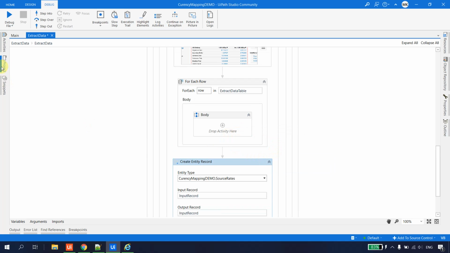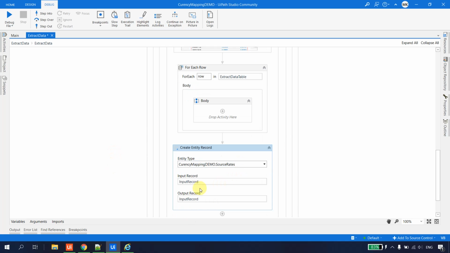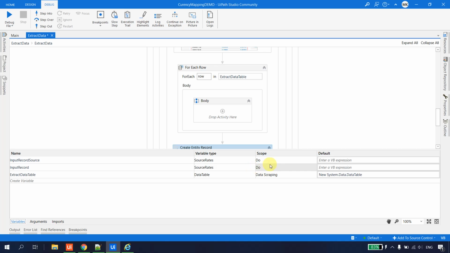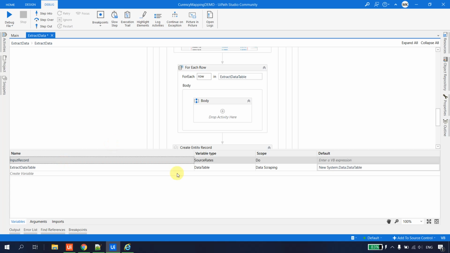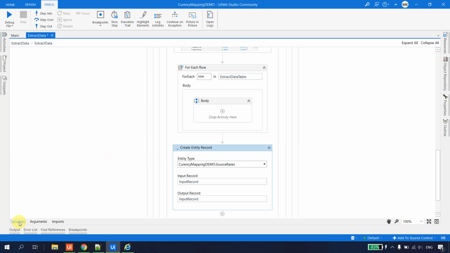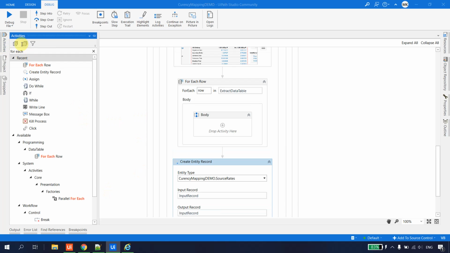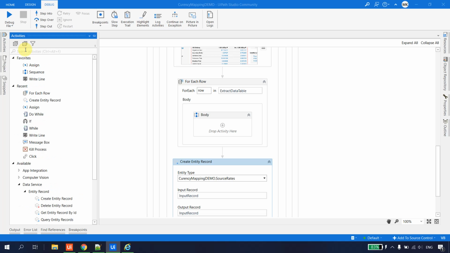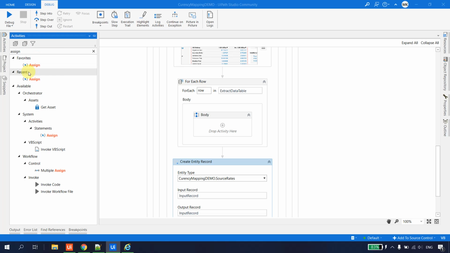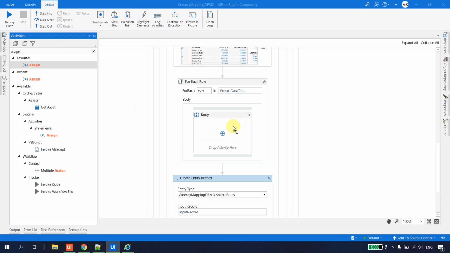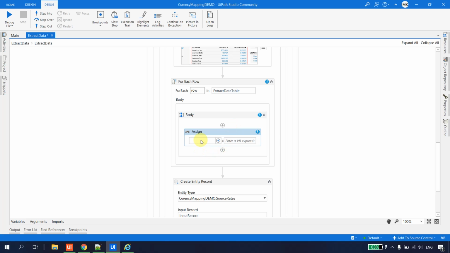So how do we proceed with that? The first thing is this input record is of type source rate. I'll just remove this one. First we have to initialize this one. To initialize it, we have to take an Assign activity, otherwise we'll get a null reference exception. So we'll write here input record,